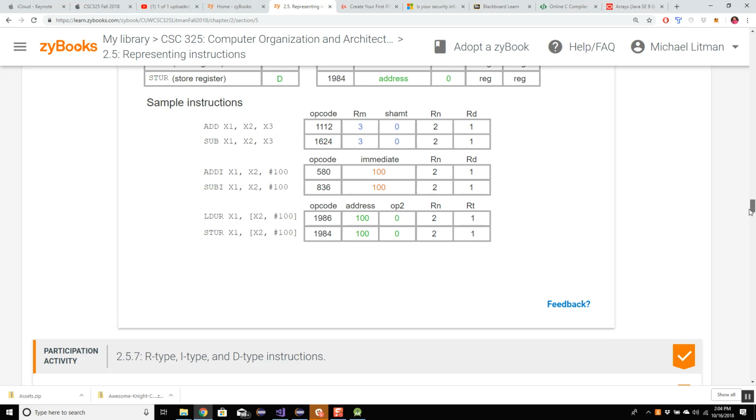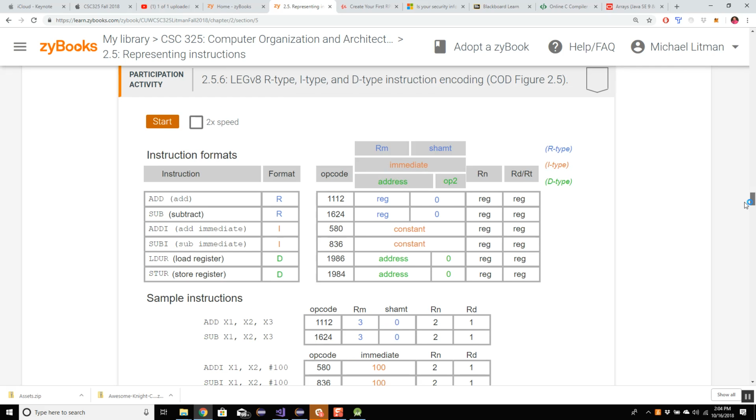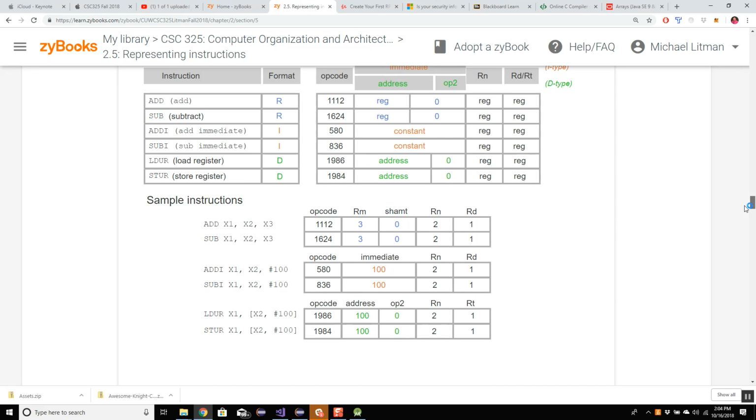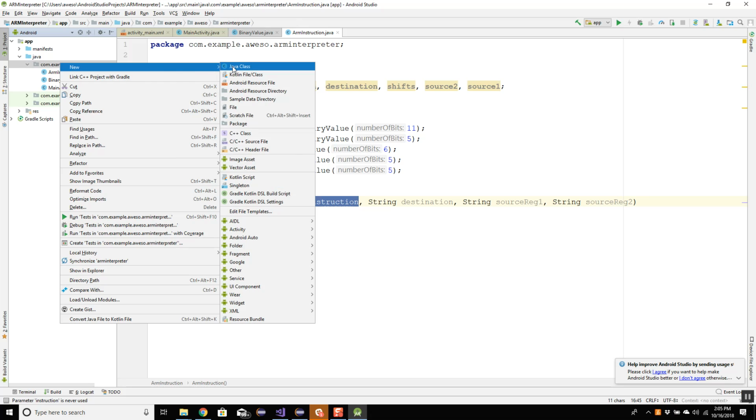Well, it looks like we have add, subtract, add I, subtract I, and so we almost have the binary values, right? Yeah. So if we start off by just having adds and subtracts and add I's and sub I's, we can run with this, can't we? Yeah. We'll expand our instruction set as we move through here. So we'll start off with a very small instruction set because that's all we're testing against anyways. All right, so I'm going to create another class,